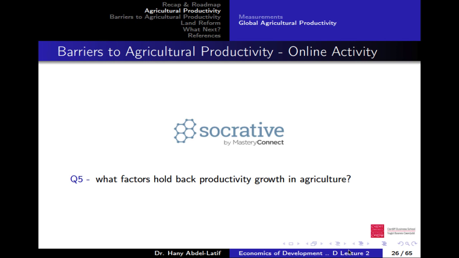And I do encourage you to compare these figures, statistics and the maps we've seen today with what we showed in the previous lecture. If you make a link between these two, you'll see this is exactly where the poor live. Where agricultural productivity is very low, this is exactly where the poor live. So if you compare these figures with what we showed last lecture, you might see how they are both linked, how low agricultural productivity can explain why the poor are poor. So why are they poor? Because of course low productivity.